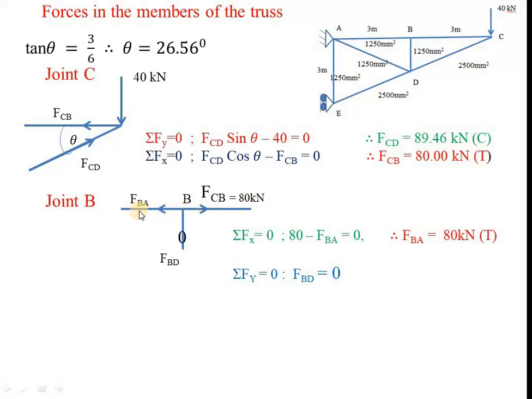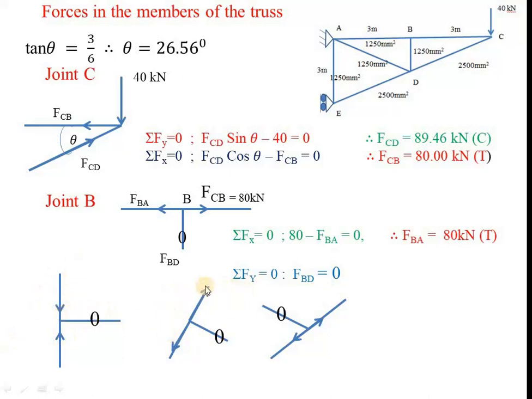If it is away from the joint, you have to write it as tension. And if it is towards the joint, you have to write it as compression. See, some other cases you can look at. Here also 3 forces are meeting. If these two are in a straight line, this will be 0 and these two will be equal and opposite. Suppose if it is a known compression force, then this is also compression.